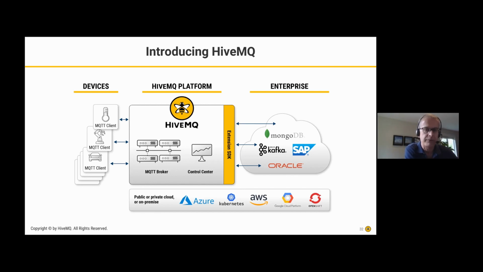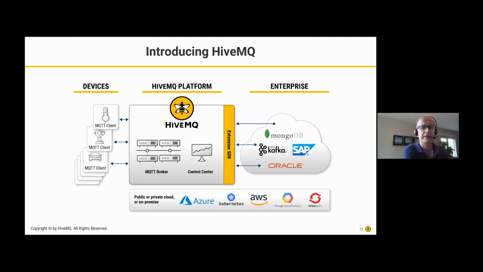So at the core of the platform is a broker, an MQTT broker that will operate in a clustered mode, in a cluster environment. And that's where we get our scalability and high availability. I'll talk a bit more about that later on. With the broker, we have what we call our control center that basically is a dashboard that allows you to monitor the health of the platform, but also more importantly, can provide some level of observability in terms of the clients that are connecting to it.